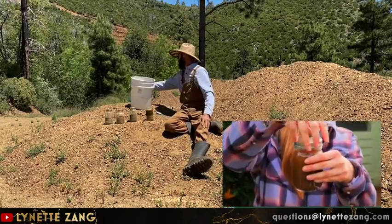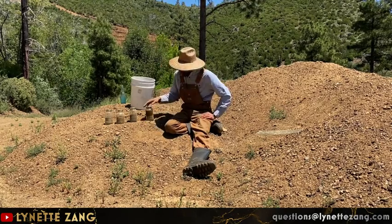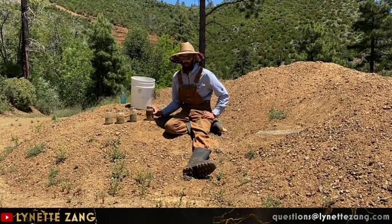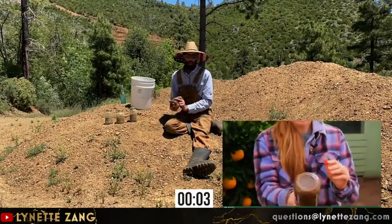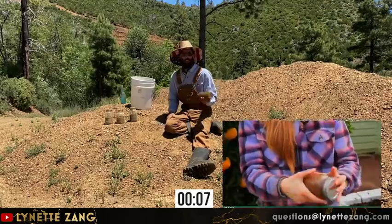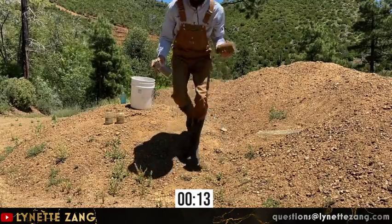And that helps to stratify the different layers in our jar. So you'll fill your jar the remaining way up, leaving a little bit of airspace. You'll cap it, and then you're gonna wanna shake this for a good, probably 5 minutes. You might ask, why shake something for so long? A great example is this jar right here,